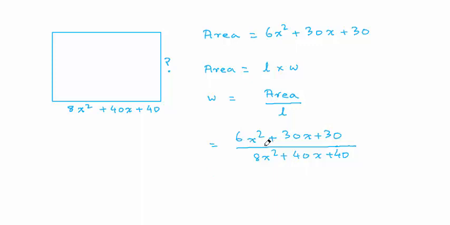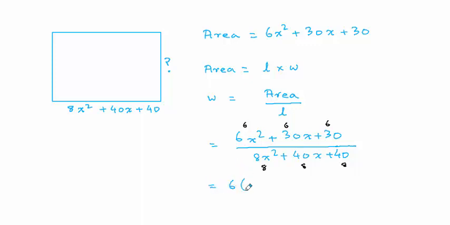Now if you look at the three terms on the numerator, you'll probably come to realize that there's a 6 on all three of them. 30 is 6 times 5, and again this 30 is 6 times 5. Similarly, on the denominator, we have an 8 on all three terms. So 6 on the numerator and 8 on the denominator become the common factors,